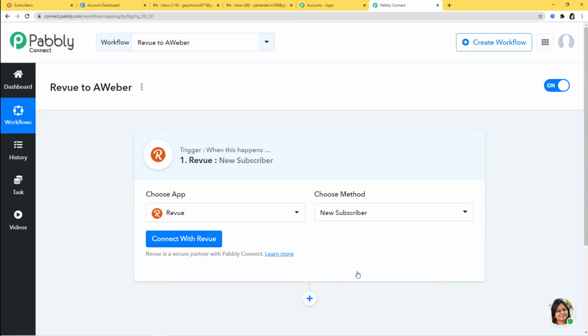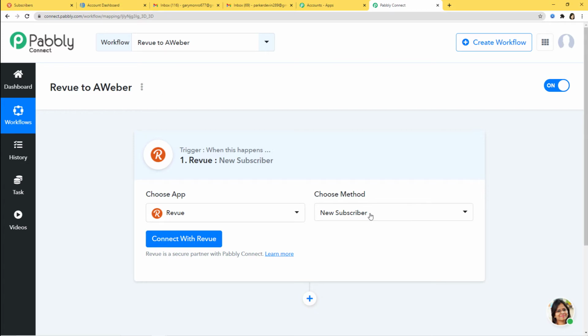So now you might have a question in your mind that what is this term called trigger? Let me tell you that automation runs on the concept of triggers and actions. It is all about when something happens, do this. For example, when a sale happens, send an email. In our case, when a new subscriber is added in Review, we want to add subscriber in Aweber as well. So new subscriber in Review will be our trigger, whereas new subscriber in Aweber will be our action.